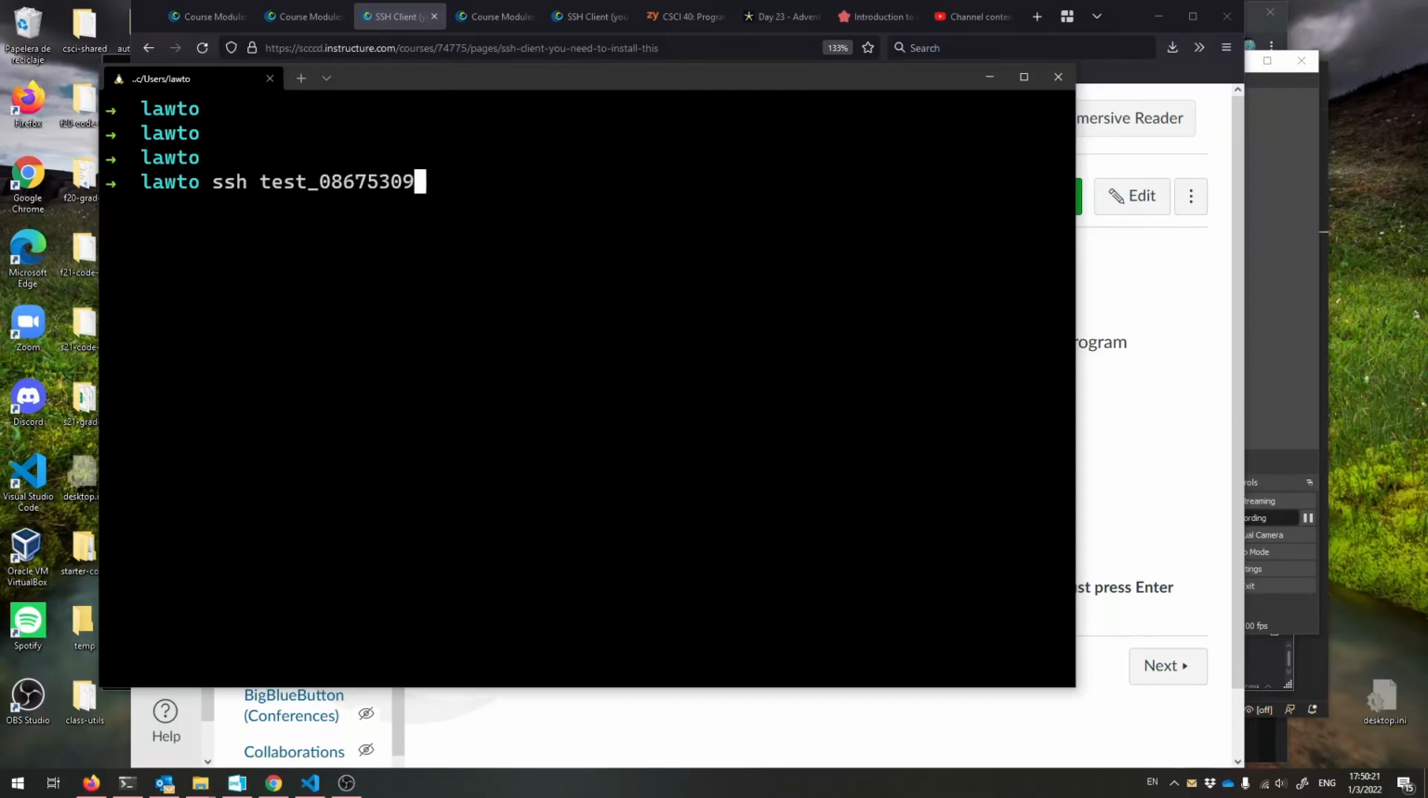And then we have to say, okay, what computer are we trying to connect to? And for SSH, you separate your username and the computer with an @ sign. It's almost like an email address, right? So we are connecting to this account at this computer, server.lawtonsclass.com. Hit enter, and then it'll ask you for your password. Type it in, and then